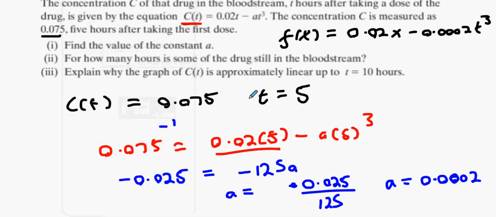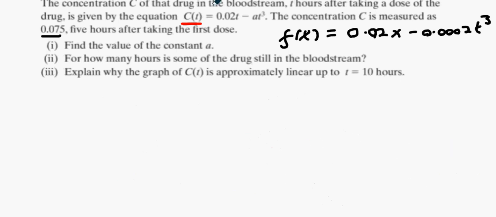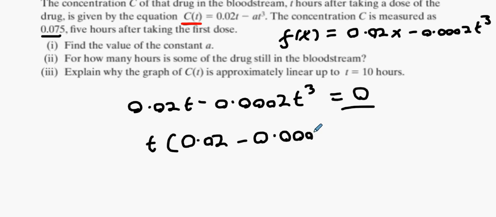Now how are we going to get that answer? Well, to get that answer, we're going to put it equal to 0. So, alright, what can we take out of both terms? Anybody? Any takers? The concentration is 0. Take out T. And what are you left with? 0.02 minus 0.0002 t squared. Either T equals 0 or